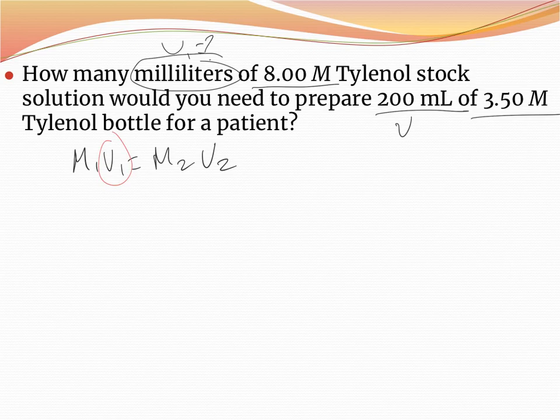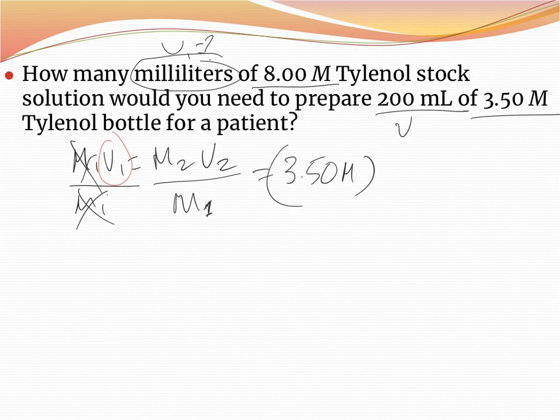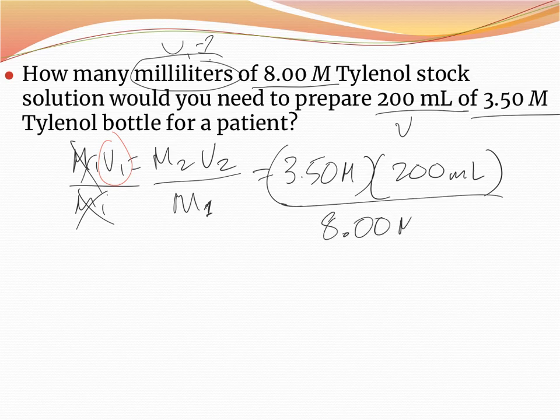So I want to get V1 by itself. That means I need to get rid of this M, and the easiest way to get rid of something multiplied is to divide. And whatever I do on one side, I do onto the other side. So I already have V1 by itself. Just plug it in. V1 is equal to M2 times V2 divided by M1, the concentrated original one meant for adults. The M's cancel out. The only unit I have left is milliliter, which makes sense because I'm looking for milliliters of volume. So 3.5 times 200 divided by 8,